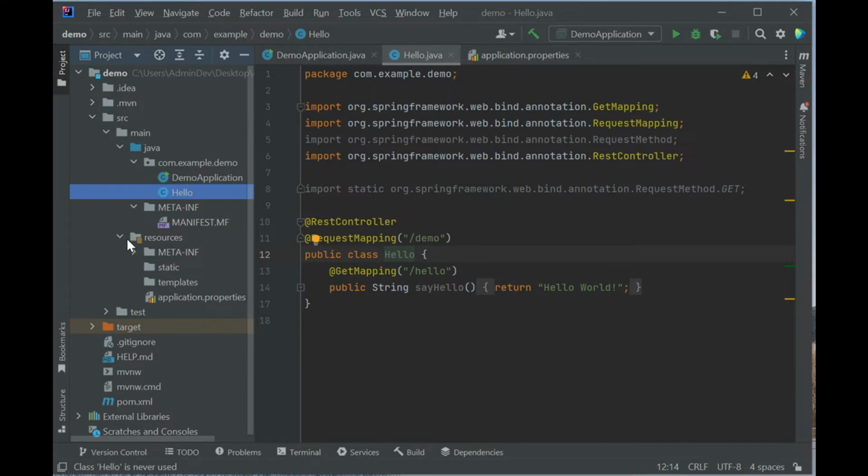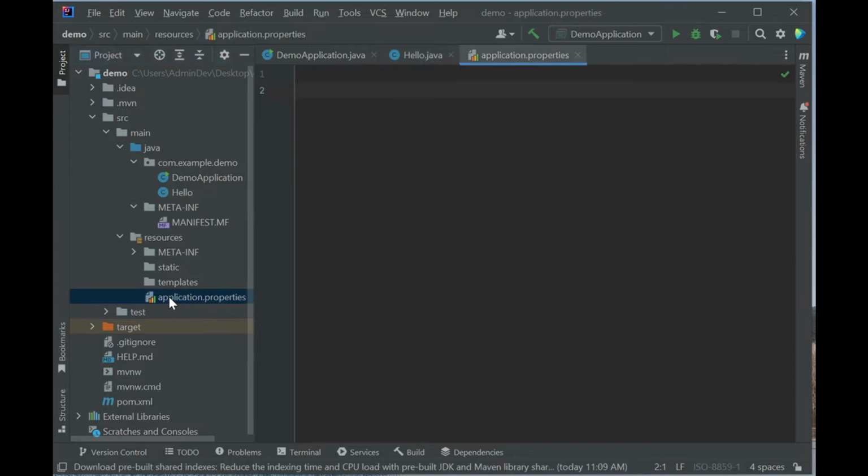Under the resources folder, we see the file application.properties. That's the property file. Initially, it is empty. We can add a line server.port equal to 8081 instead of 8080. Now, if we run the application,